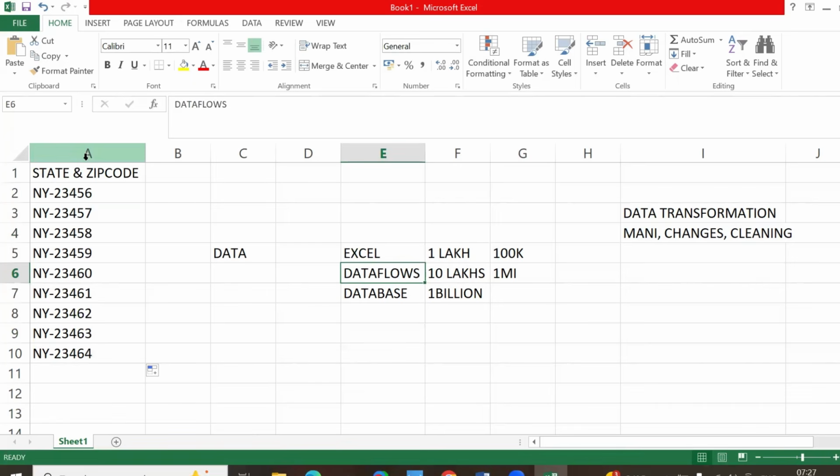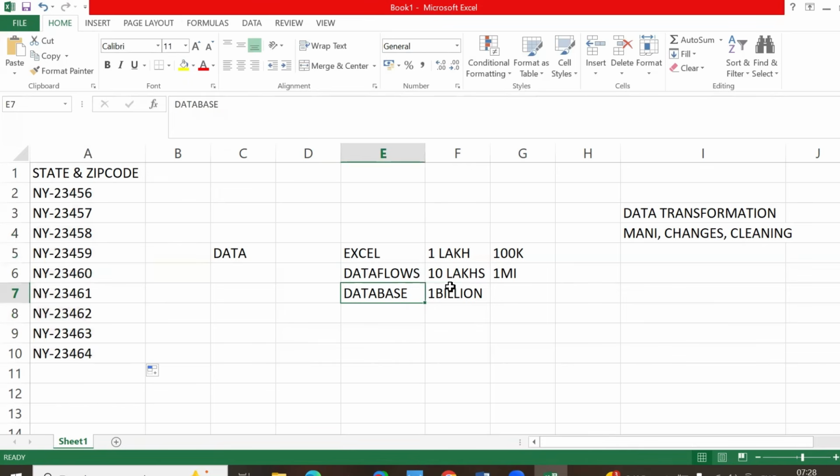But when we try to split the column, we are going to get one extra column. Or if we want to keep the existing column as it is and see the state and the zip code in separate columns, it needs to load the data. It takes a lot of time to load the data when we work in the data flows or in the database to transform. We are only trying to split one column into two columns. And if we do not know how many columns we will need, if we need to work on multiple columns to transform or prepare the data,